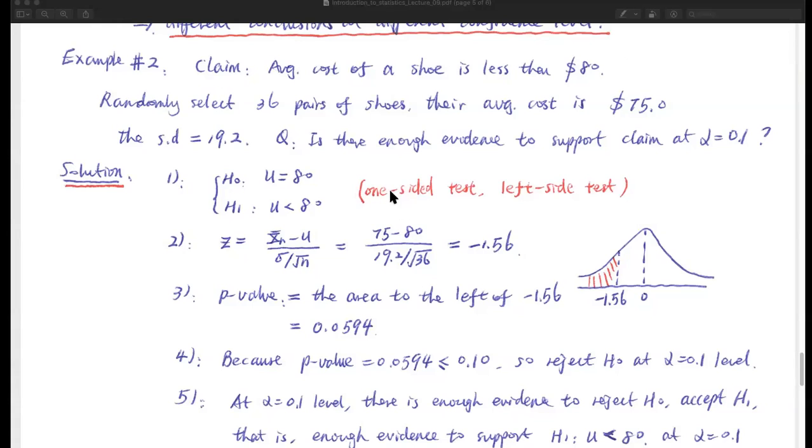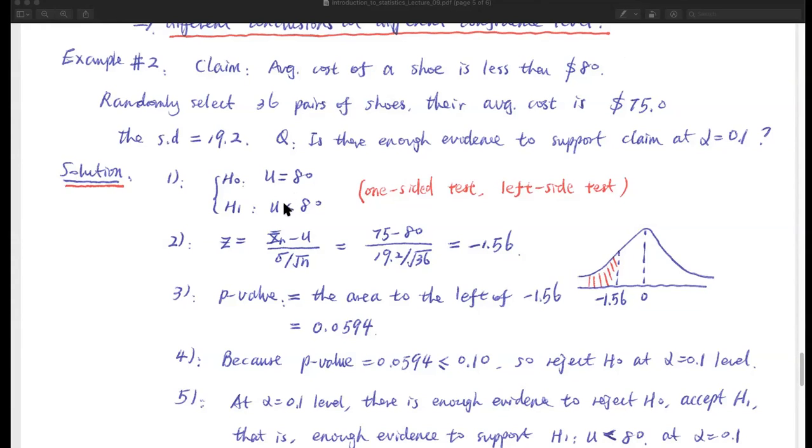So one more time. If we are talking about those 36 pairs of shoes themselves, we know their average cost, $75, is less than $80. That's 100% true. But how about all the shoes? That's the conclusion we are trying to make from the sample to the population of all the shoes we want to study. So step number 1, write down H0, H1. Remember, H0 always has equality. In this case, we are saying the average is equal to 80,